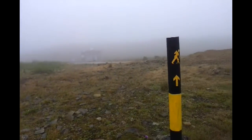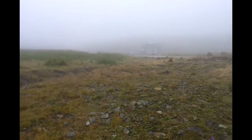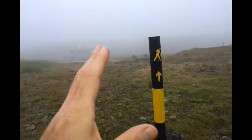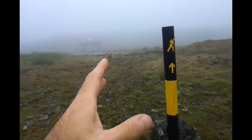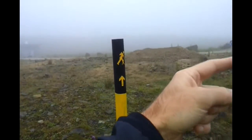Route 7. Well, this is where I'm starting Route 7 anyway, off the Miners Way historical trail. This is where I finished Route 3, so this is where I start Route 7. At the end of the last one, we got to this point and didn't know which way to go. We'd been out for 4.5 to 5 hours, so we went that way to get back